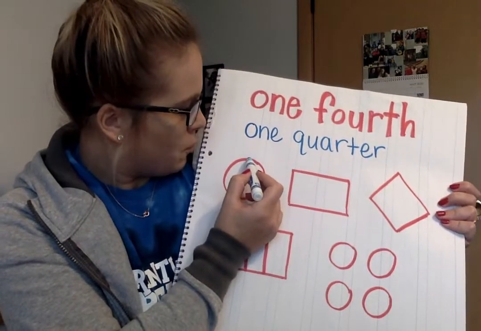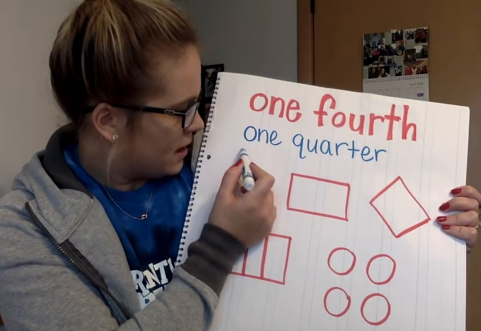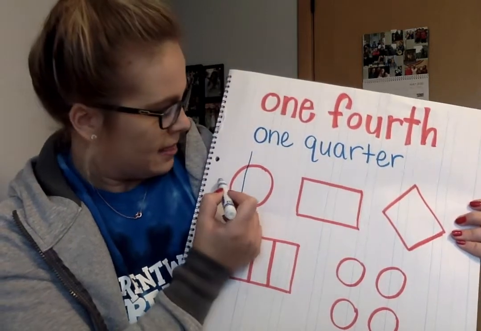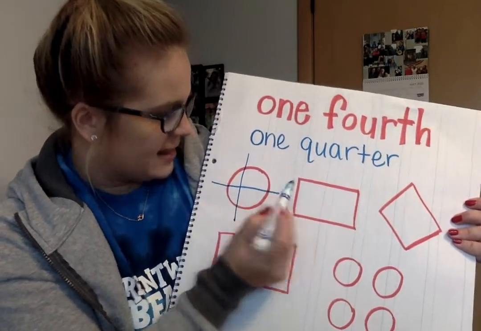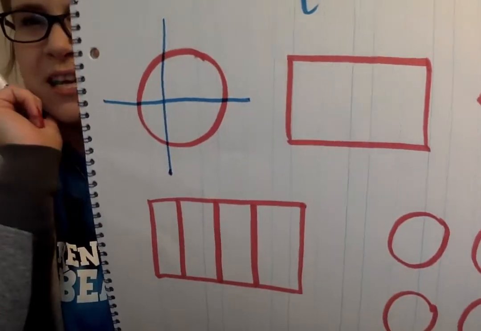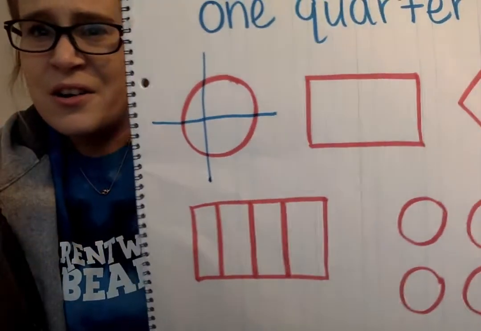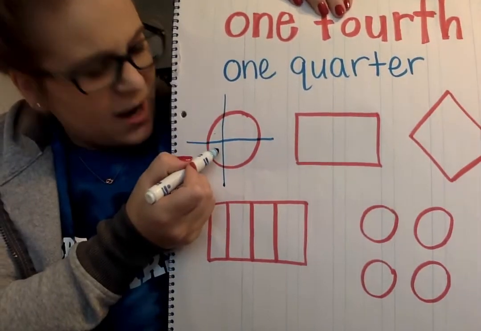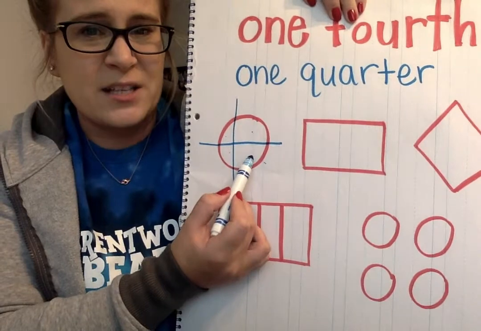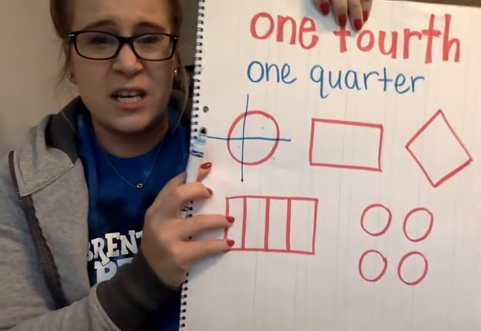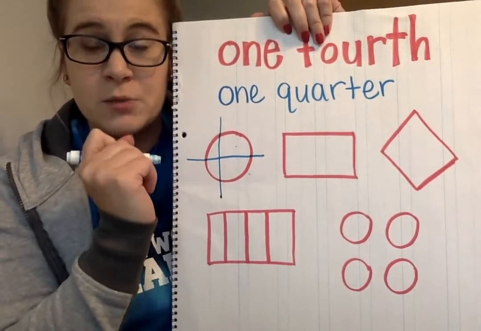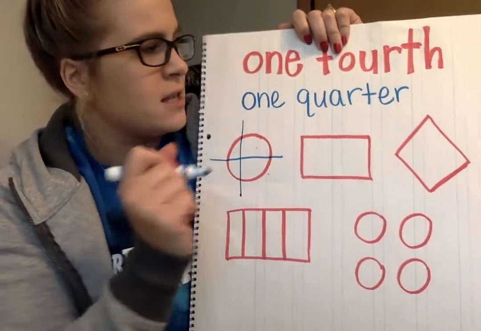So if I broke my cookie in half like this, and then I broke it in half again like that, is that going to be fair? Are those 4 equal pieces? No, because these 2 friends would have a really small cookie, and these 2 friends would have a big piece of cookie. So we want to make sure that when we're making fourths, when we're drawing the lines, sometimes you might see this word